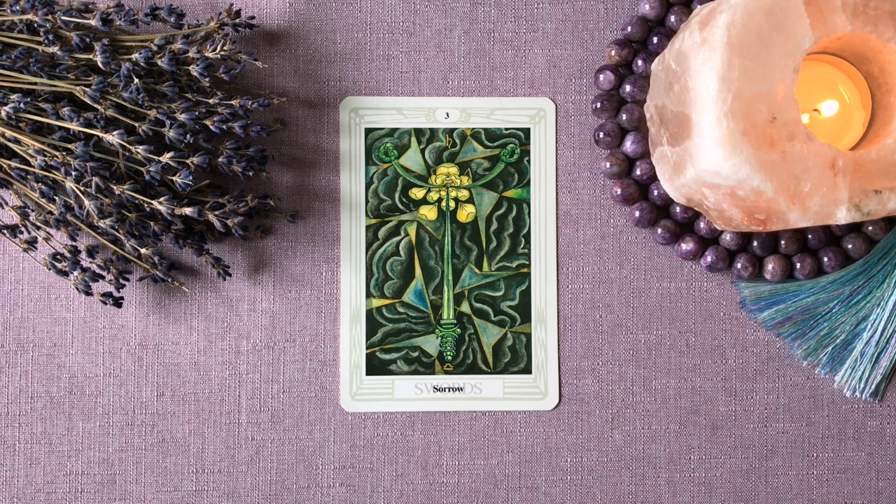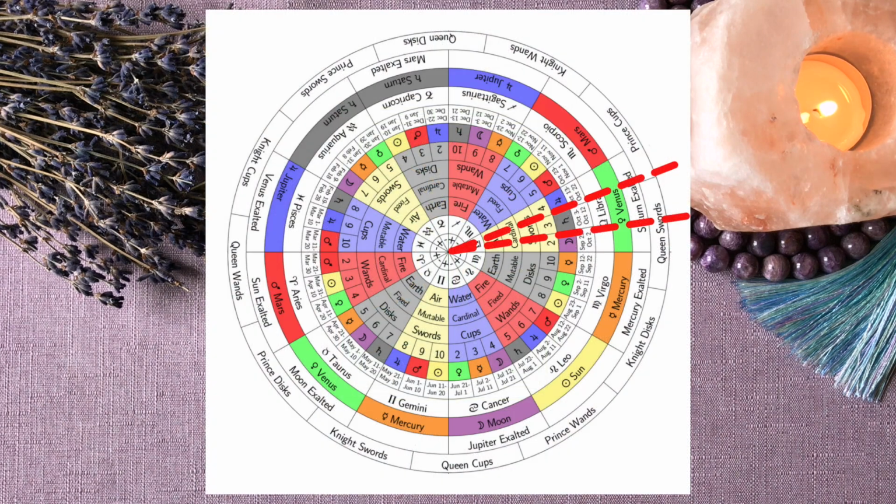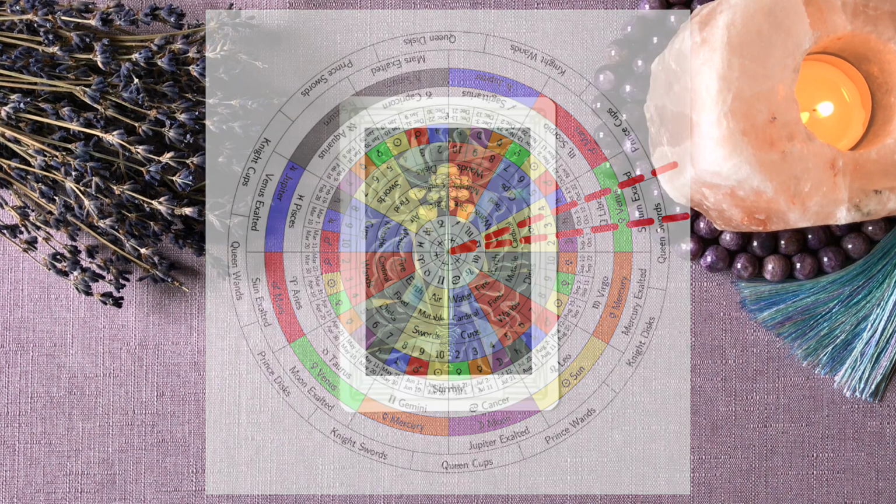And now let's have a look at the decan that we are in. The second decan of Libra is the energy of Saturn in Libra, and the time frame associated with this decan is from the 3rd of October until the 12th of October. Saturn is exalted in the sign of Libra. It can really express all of its powers here, and it can create something beautiful through suffering and pain.